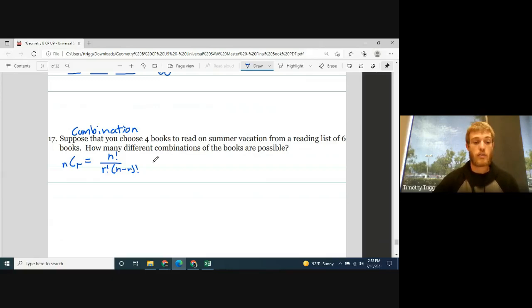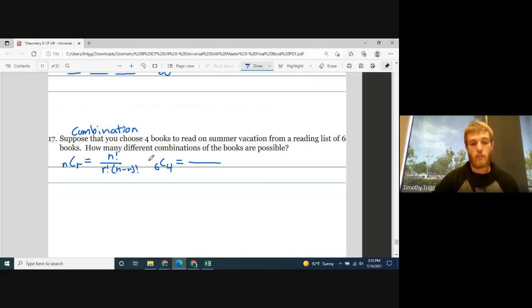So in this one's case, we're going to have 6 doing a combination, and we're choosing 4 to go on the list. So 6 choose 4 combination. That's the way a lot of people like to think of combinations, is I'm choosing to be on the list or not. So that's why, and choosing also starts with a C, so it helps remember, right? So this would be 6 choose 4.